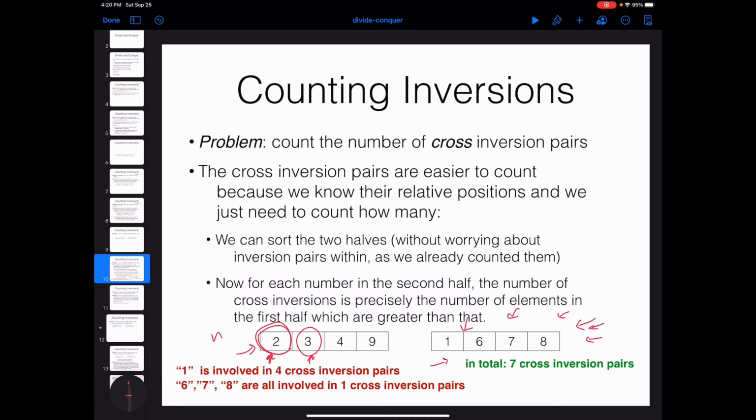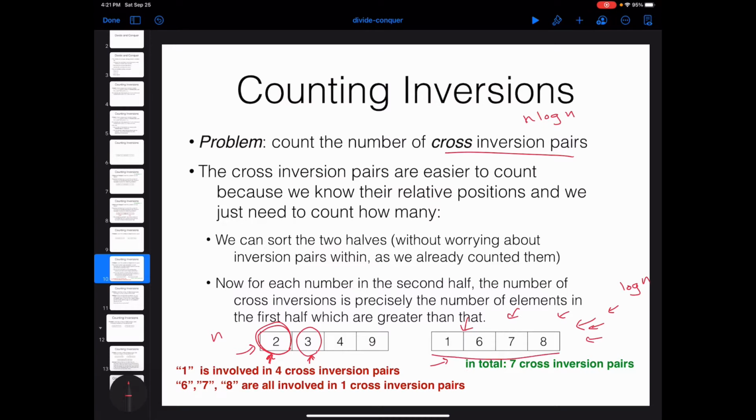The cost of each binary search on the other side is going to be log of n, actually log of n divided by 2 since it is half of the array, but we are ignoring those constants, right? So the cost of finding cross inversion pairs is going to be n log n using this approach, assuming I have already sorted